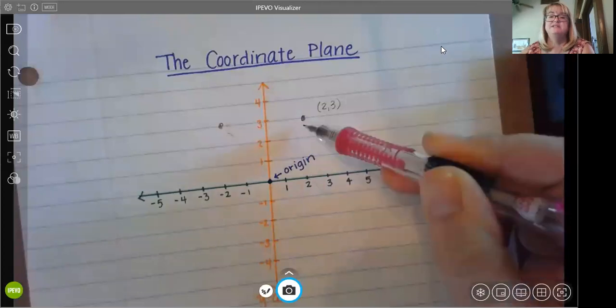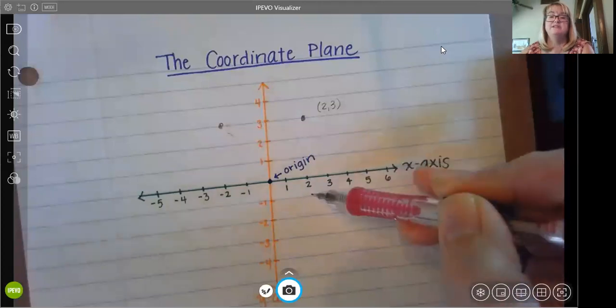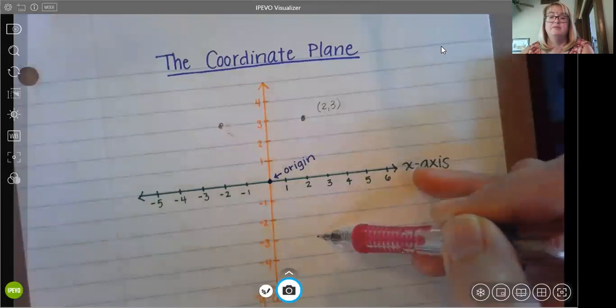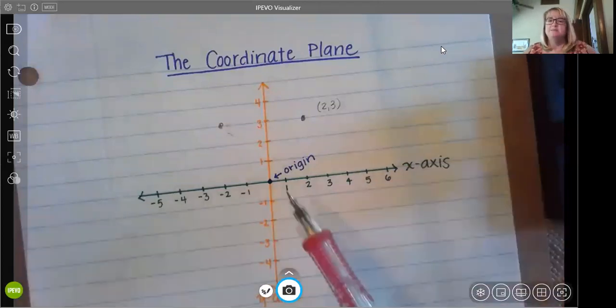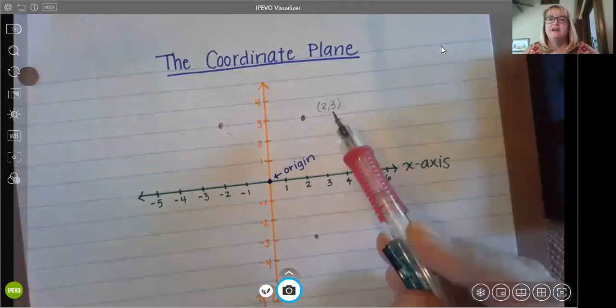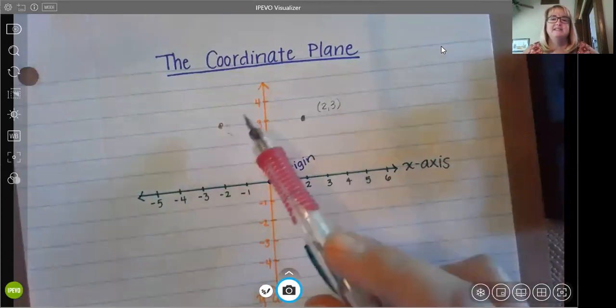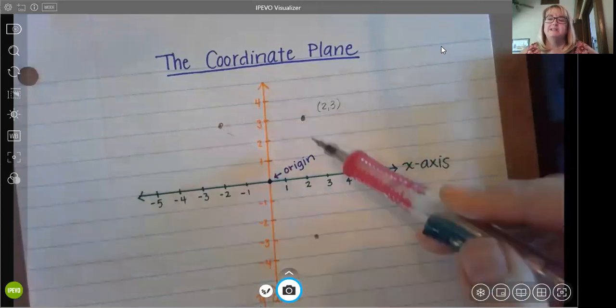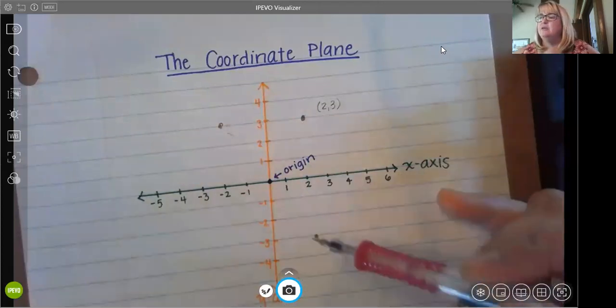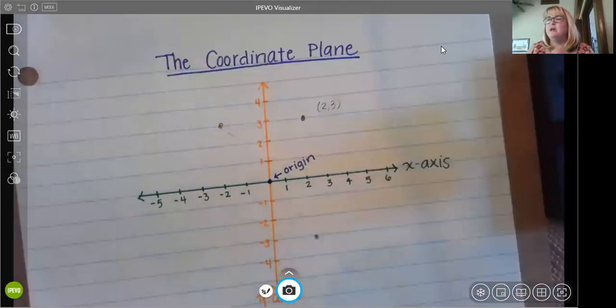So instead of 3 units above, you're going to go 3 units below. Okay? So I have reflected this point 2 ways: a reflection across the y-axis and a reflection across the x-axis. Now I know that was a very, very quick